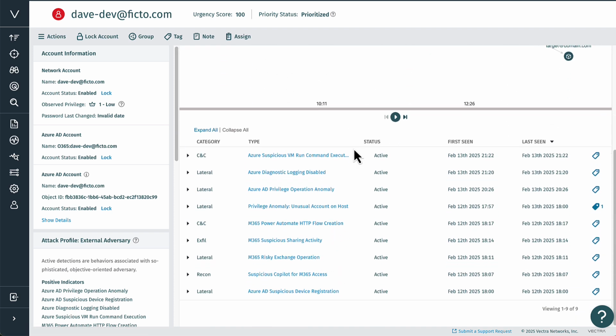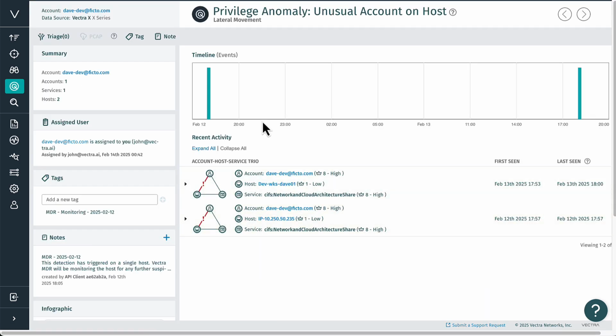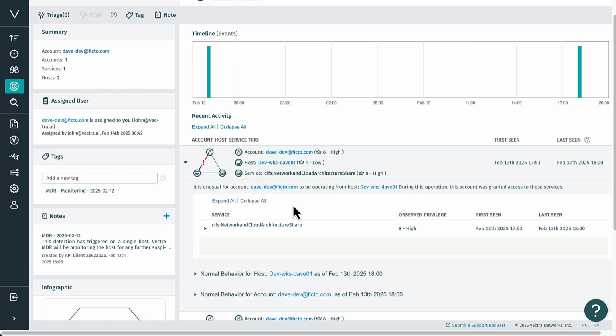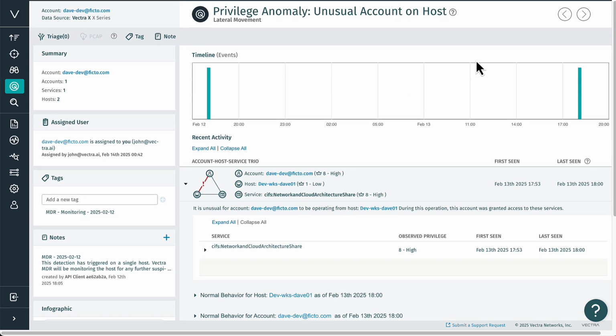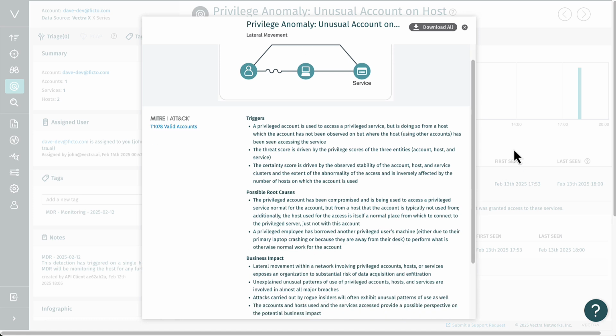Now you've seen here how Vectra is stitched across identity, but Vectra doesn't just stitch across identity, it also stitches identity into network hosts. We can see that here in the specific detection, where the identity involved was actually active on a host machine on the network. What's really cool about Vectra is that every detection type, which spans multiple different MITRE techniques ultimately, has a detailed page with information graphics, details about baselines of the system, all the information you need to investigate, as well as detailed one-pagers that talk about what triggers, the root causes, and business impact of the threat that's